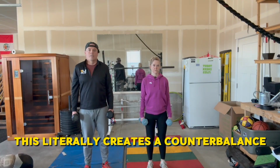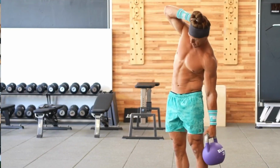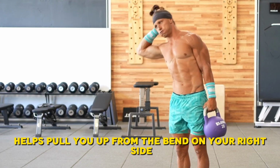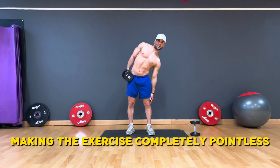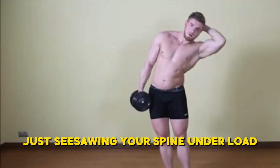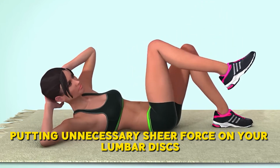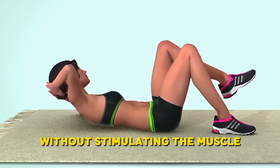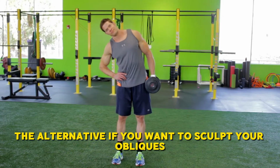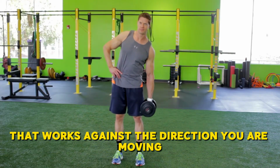This literally creates a counterbalance. The weight in your left hand helps pull you up from the bend on your right side, making the exercise completely pointless. You are essentially just seesawing your spine under load, putting unnecessary shear force on your lumbar discs without stimulating the muscle. The alternative: if you want to sculpt your obliques, you need resistance that works against the direction